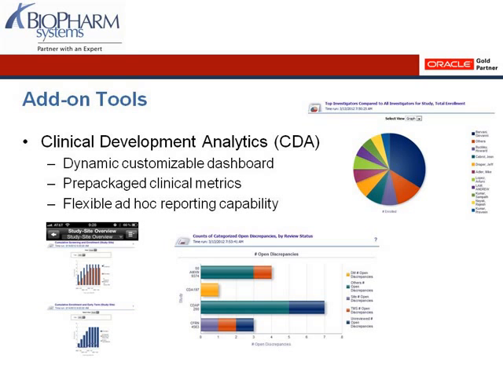So the examples that you're seeing on the screen, these are actual dashboards or components of dashboards that we can see from CDA directly in the Siebel system when it's integrated. So this is something to consider after you've used a tool like Siebel Clinical in your organization for a little while and start to understand what are key and important metrics for your organization.